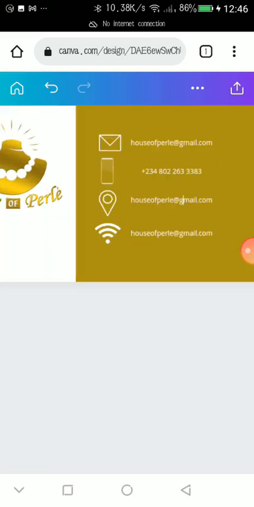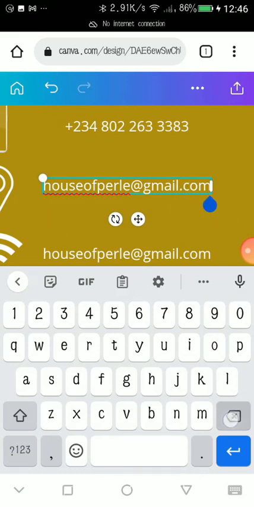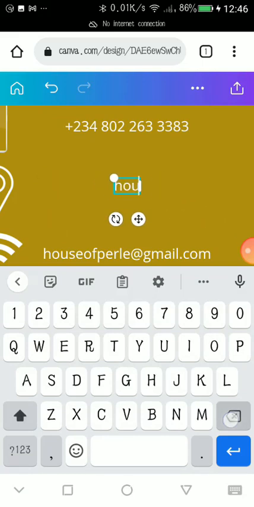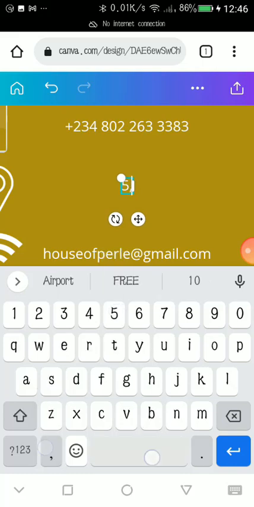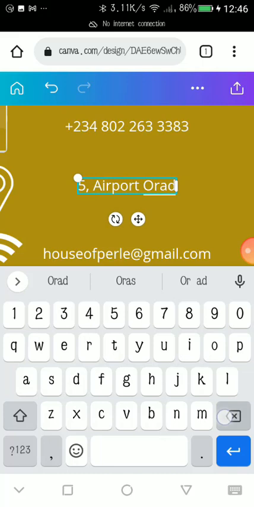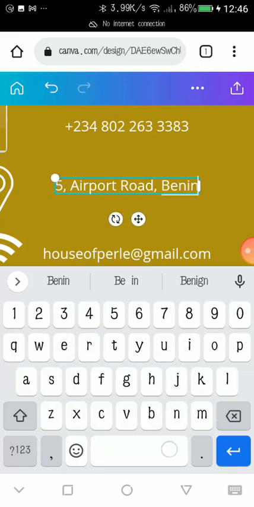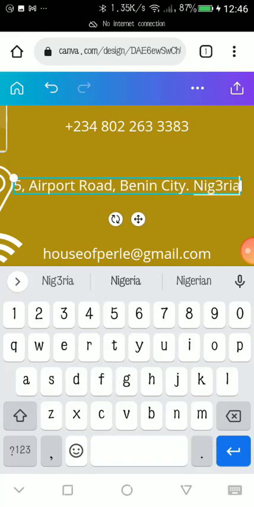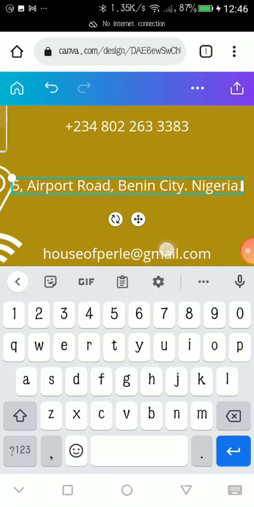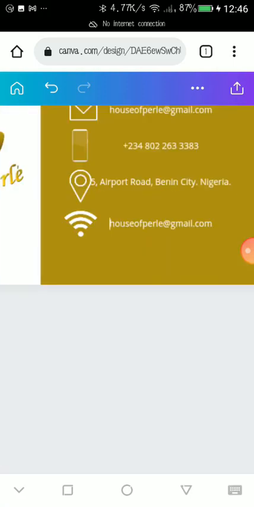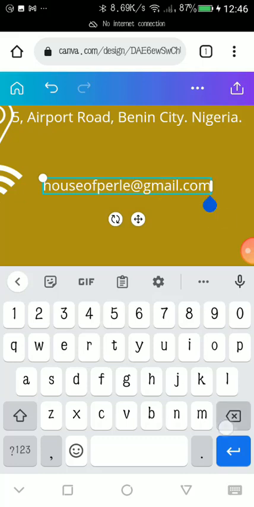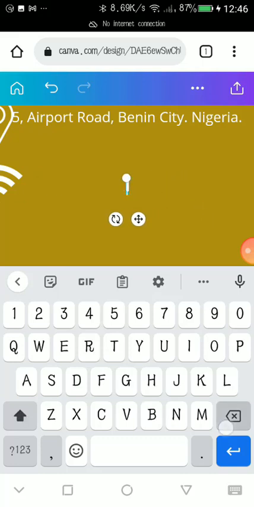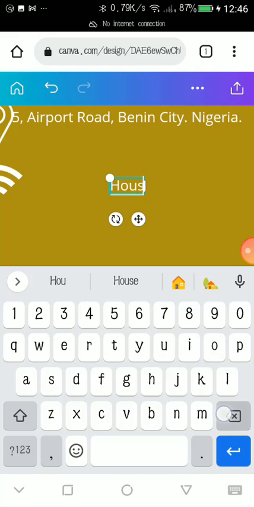So this one is the location where I can put 5 Airport Road, Benin City, Nigeria. Alright, so this is website now, and the website is house, okay,